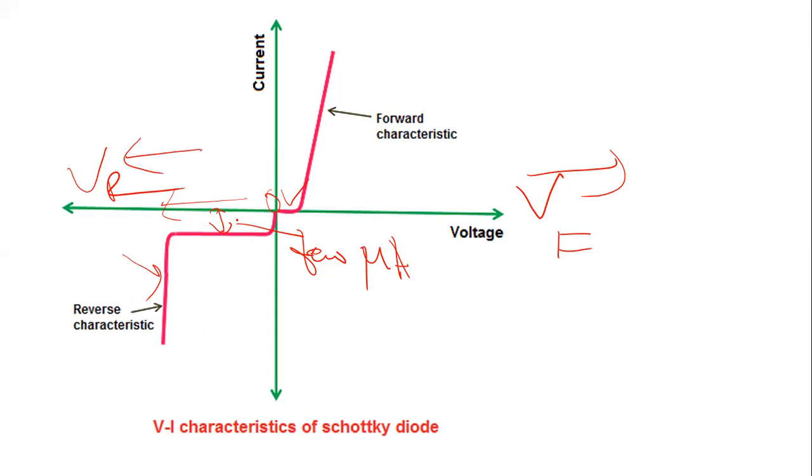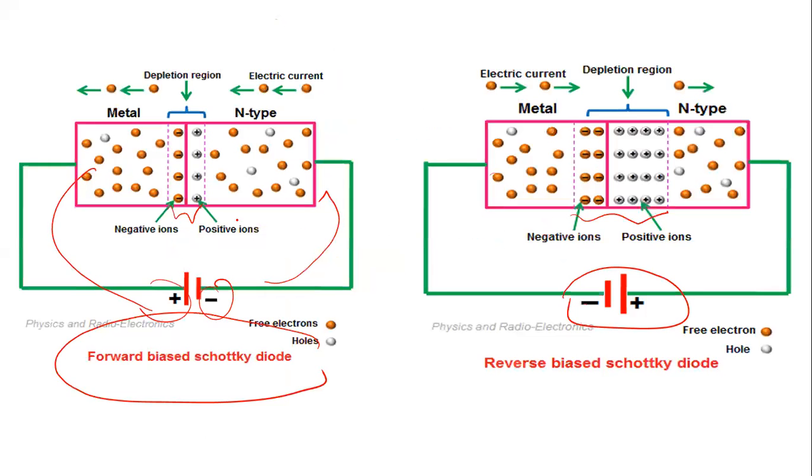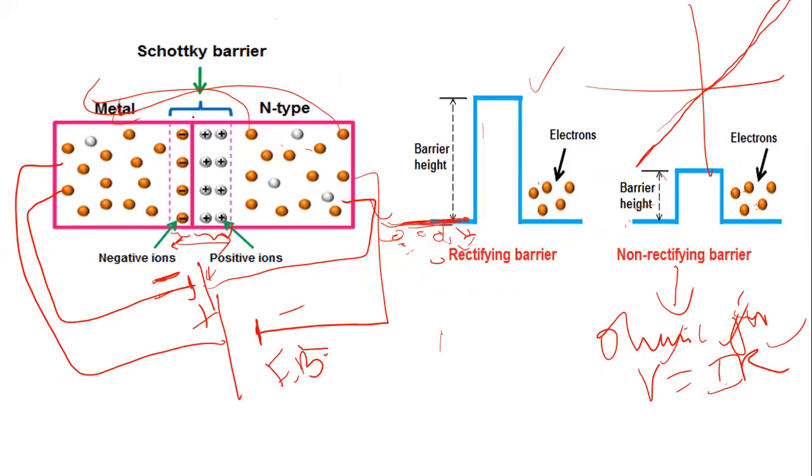Okay, so why are we so interested in a Schottky diode when we have a normal p-n junction diode which also has similar IV characteristics? The reason is that in a Schottky diode, when you are forming a metal-semiconductor junction, the depletion width is extremely thin, because the depletion width on the metal side is only a very thin layer of ions at the surface of this junction. So when the depletion width is very thin, you can easily switch from the forward characteristics to